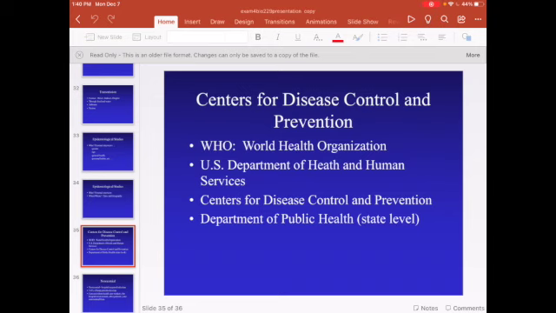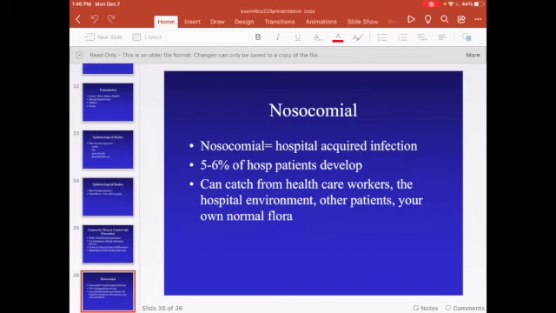There is one more thing that I just wanted to chit-chat about, and that's nosocomial infections. A nosocomial infection is one that you acquire in the hospital. Now, you could catch it from a healthcare worker, or you could catch it from another patient, but this last one here is